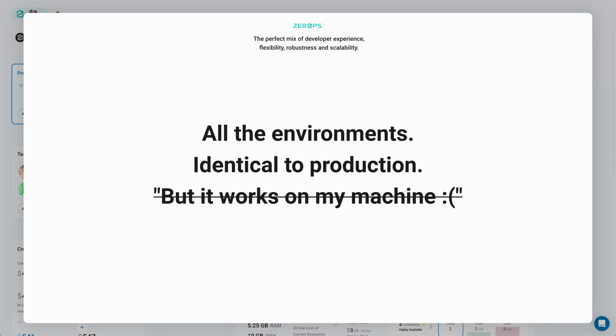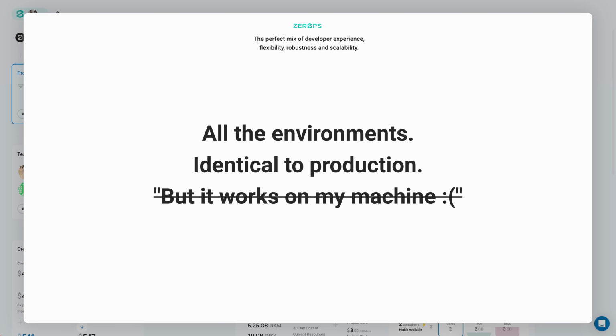No more, "but it works on my machine." A platform as a service that can run production workloads of any size and complexity while also being efficient and affordable to enhance your local development or even work fully as a cloud development environment, similar to Gitpod or GitHub Codespaces, all on the same infrastructure.